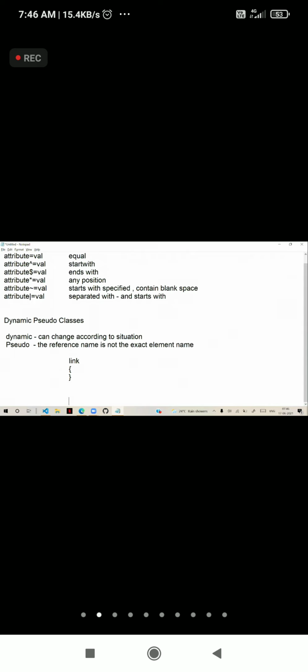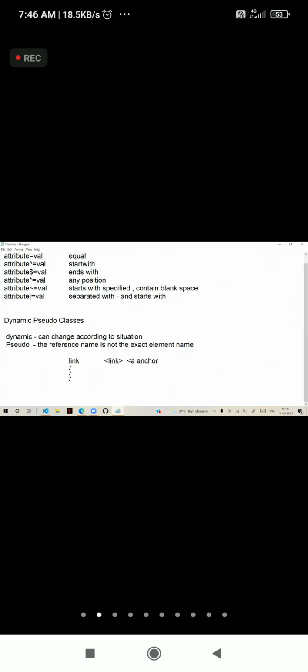In HTML, link means which element? What do you say? Link means which element? So actually, link means link element, not A element. A is anchor, na?